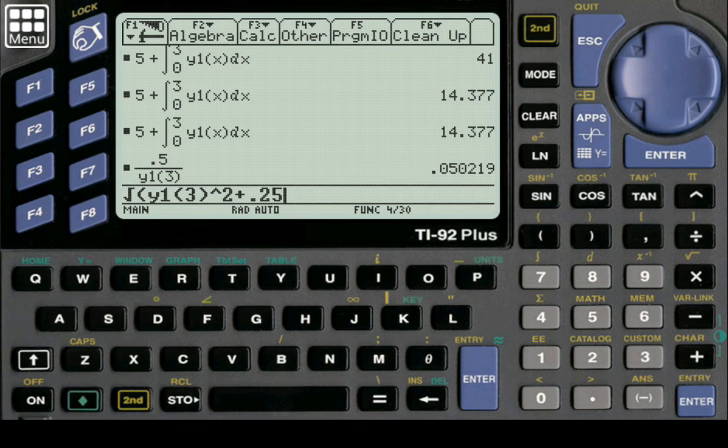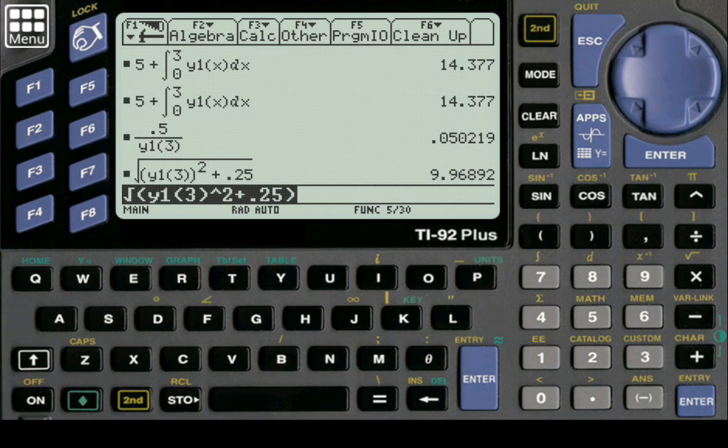And I should get 9.969-ish. Yep, that's right. So that's the magnitude of the velocity vector at t equals 3, x prime of t squared plus y prime of t squared, square rooted. And that's a precursor to part D,